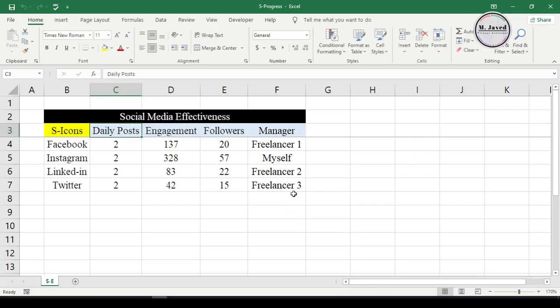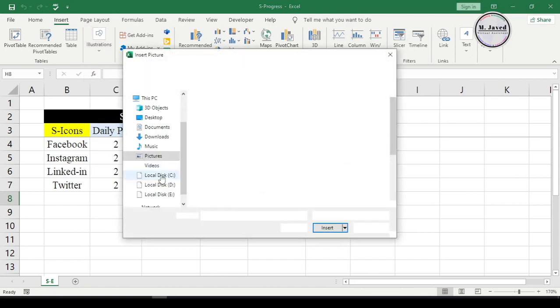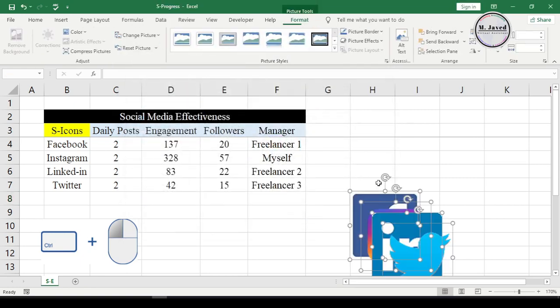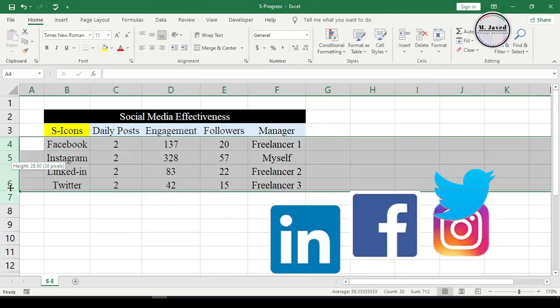Here I have an Excel file where I track my social media activities, but here in the first column, instead of writing the names of the social media platforms, I want to insert the image of the concerned platform. So bring your images to the Excel file by going to the Insert tab and selecting all the concerned images. If your images are not aligned like mine, then press the Control key and select all your images with the mouse click. Now resize the height of the rows